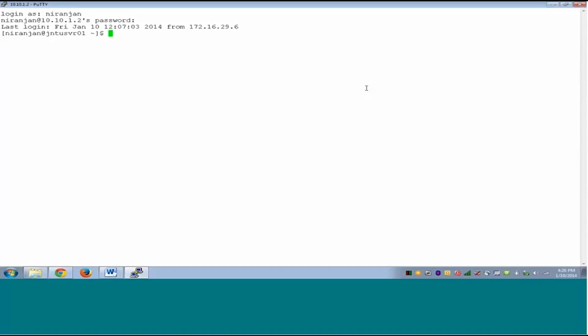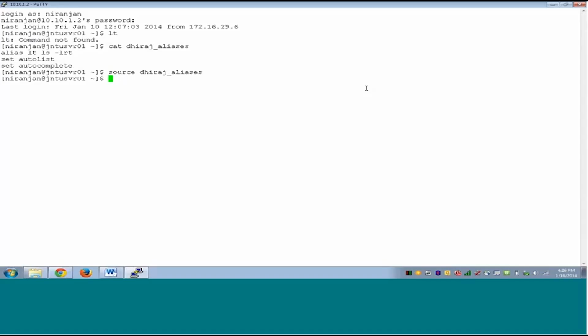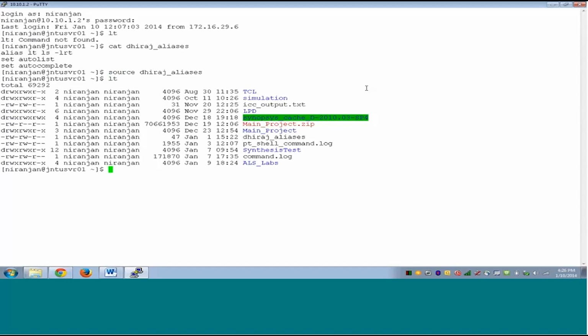So just clarifying one thing before starting is that I am using one alias called LT. LT is not a Unix command. So I have put this in my source file alias, and I use this. So LT is an alias for ls -lrt. This is what I use for listing down the files in order of time modified. So yeah, you could choose to use a different sort of ls command. So please don't be confused. LT is not a Unix command, just an alias, right? So let's go to the